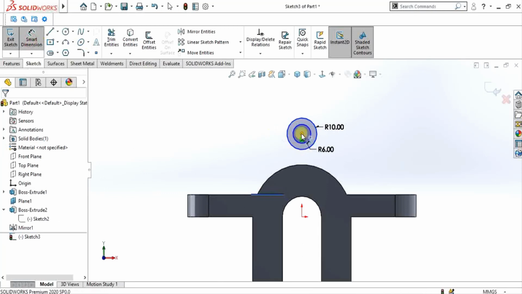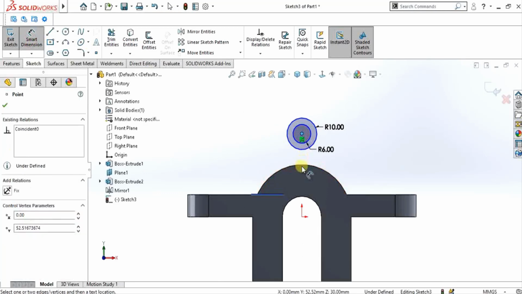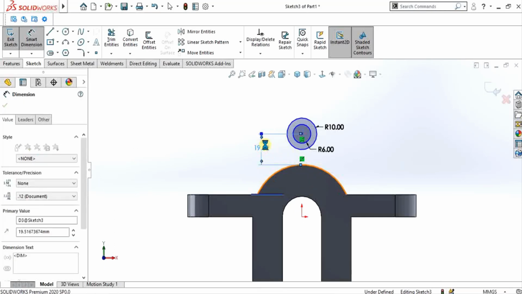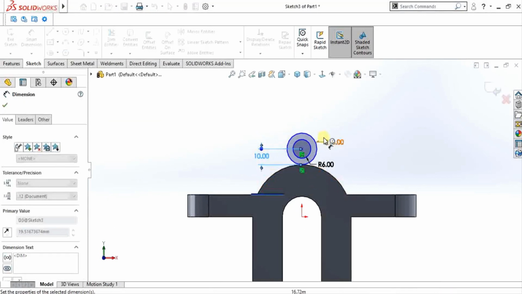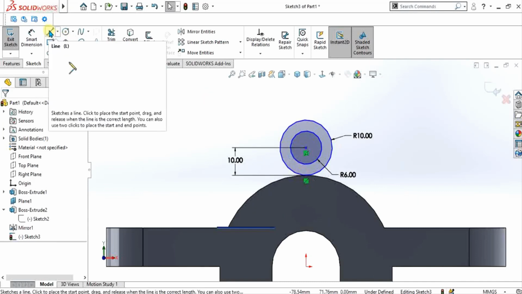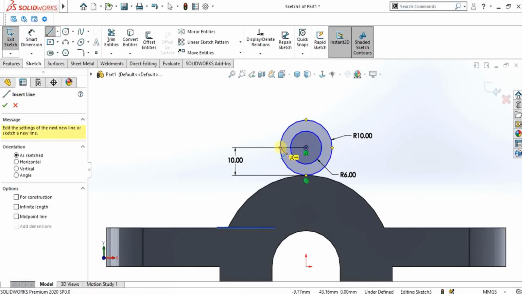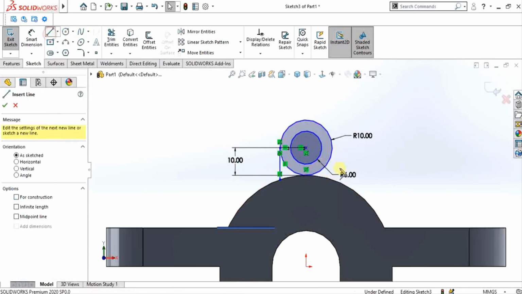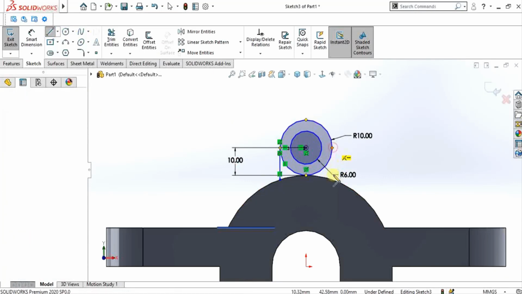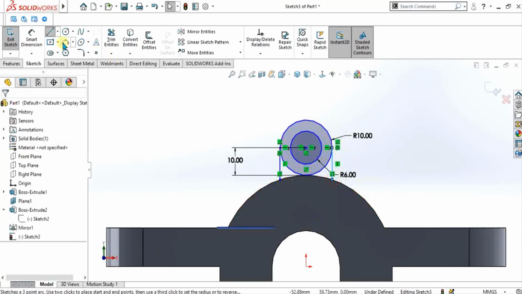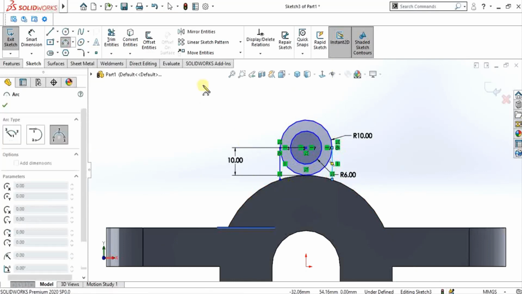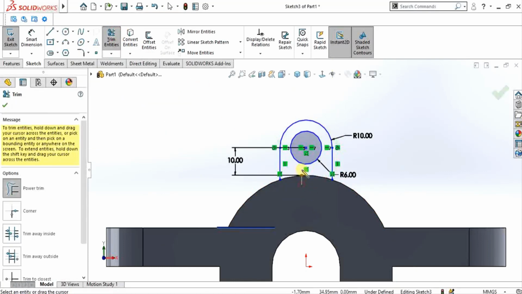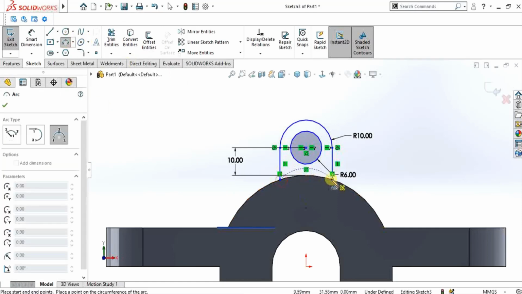Select the smart dimension, select this point and this center point and give the value of 10. Now we will make the tangent lines again like this. And we will trim the internal lines and simply close this sketch.